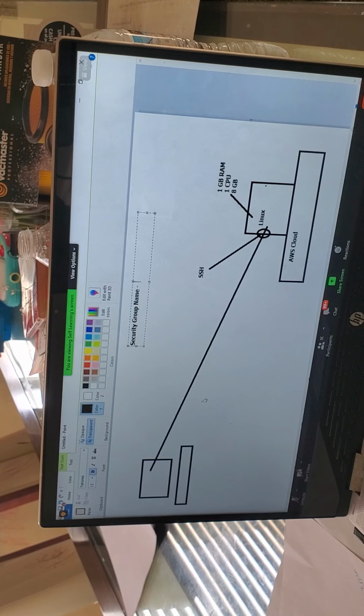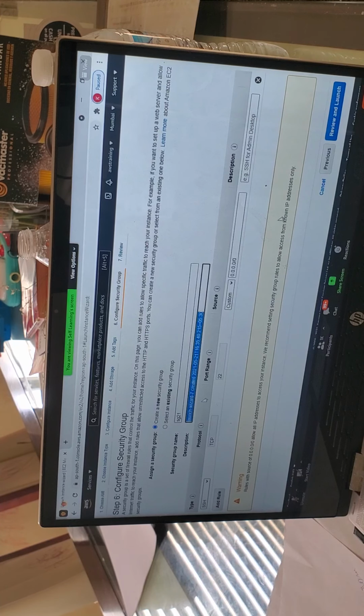Any name. Let's give it today's date, 21. This is the name of the security group. And what port is open? I'm not opening the port. It automatically opens the SSH port. That's fine. Review and launch.